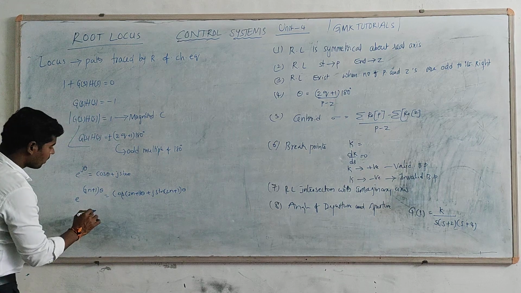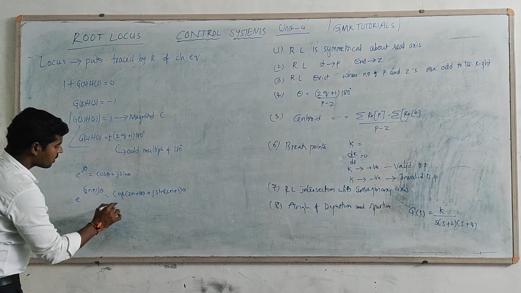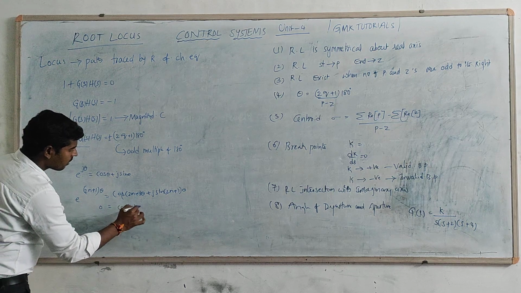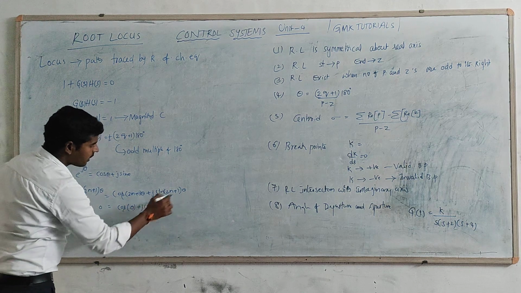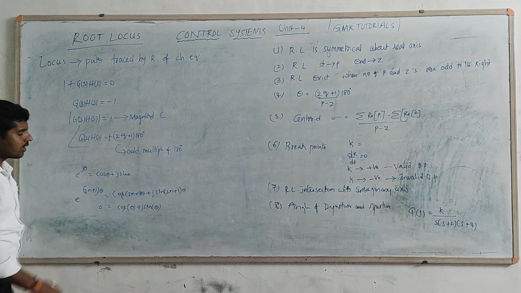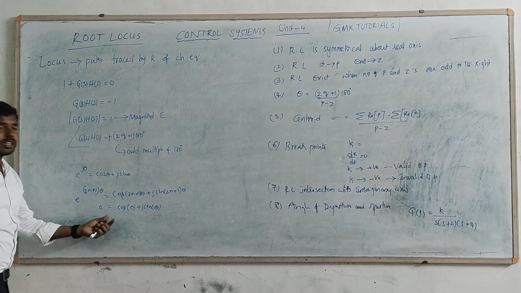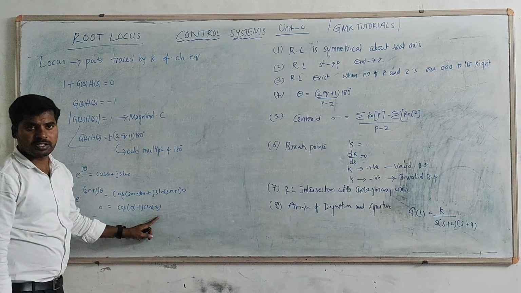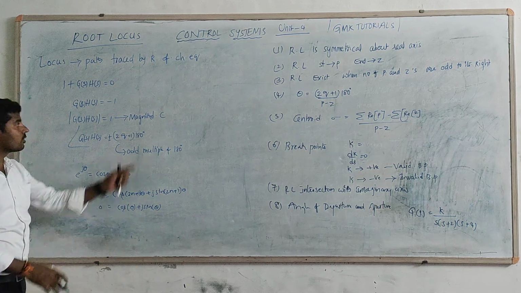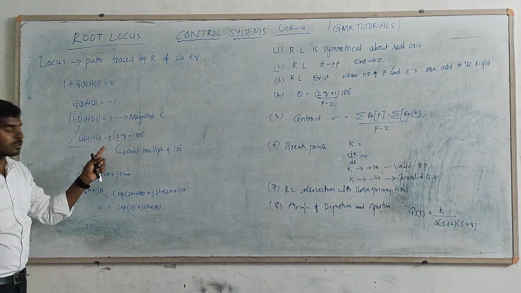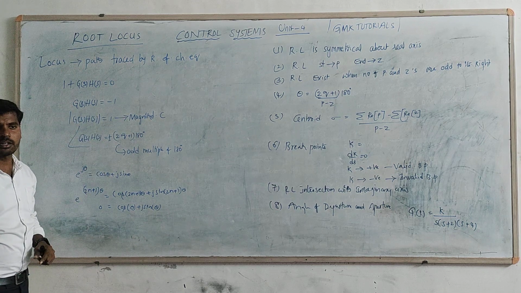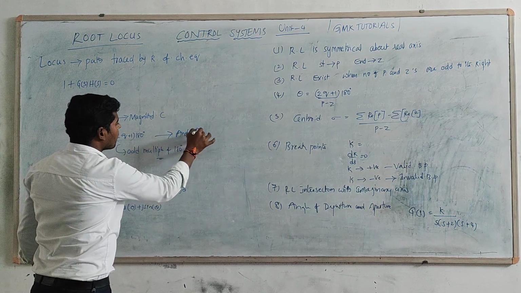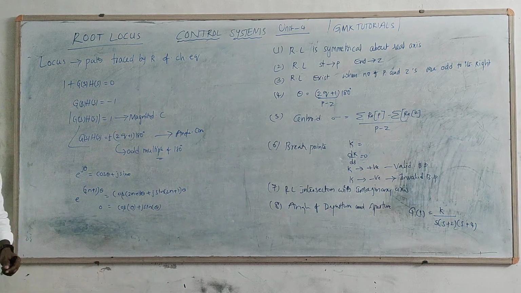Suppose n is equal to 0, that is equal to cos theta plus j sin theta. This is a general triangle, and for odd multiples cos theta is equal to -1, while for even multiples the sin value becomes zero. So this is a generalized triangle, that means based on this assumption you will get the value of -1, and we write the criterion 2n plus 1. This is generally called as angle condition. These two, the angle condition and the magnitude condition, are important for root locus primarily.